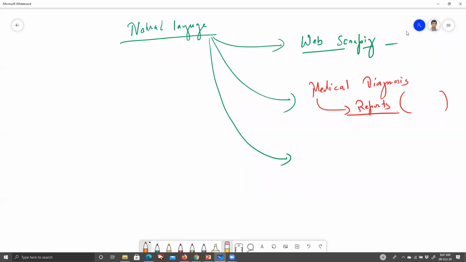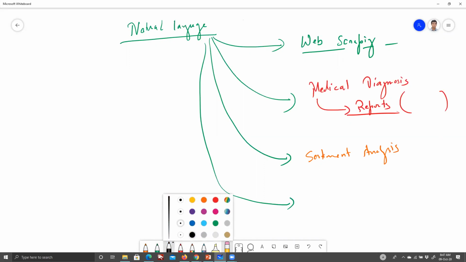Sentiment analysis, topic modeling. There are so many use cases. You might want to understand the sentiment of that text, and topic modeling is of course one of them. And we can also think about a few of the different ones as well. One very important one is text generation.